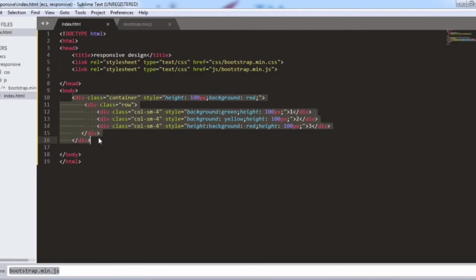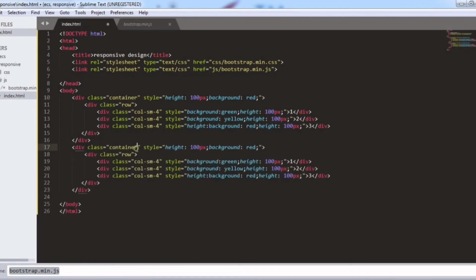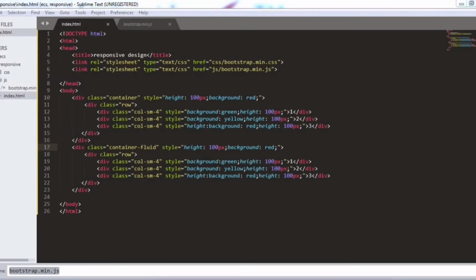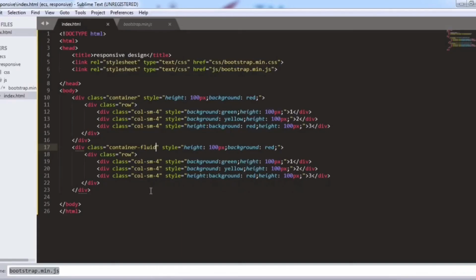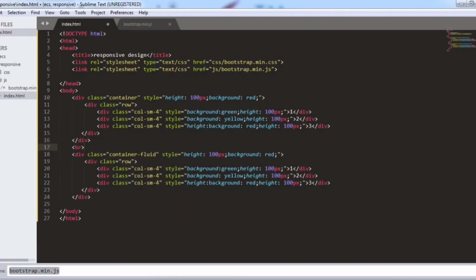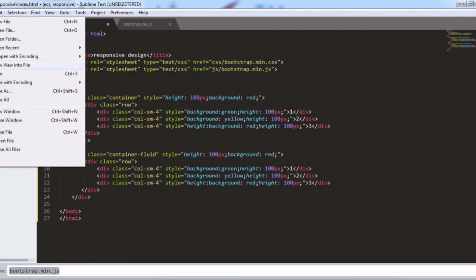So after that we will make some other changes. We will copy the file again so that we have two containers. So now we have taken the container-fluid, save the file, run again and we can see this container-fluid, that is the whole space has been covered. So after that we will write br, so there would be some space between these containers. Refresh your page.